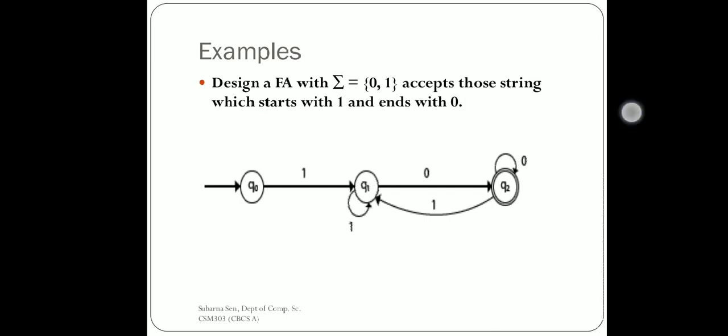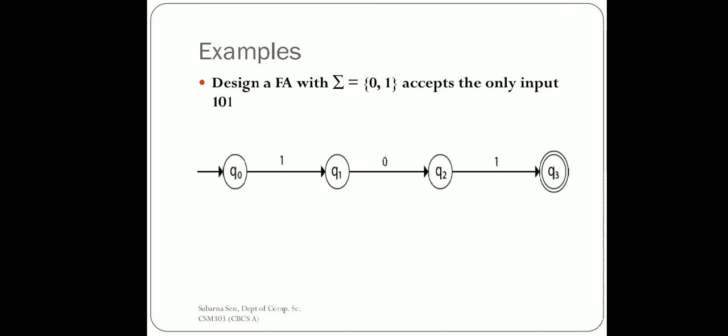One more example. Here it is going to accept only the input 1 0 1. So it is very easy to understand, and again you can incorporate one state called a dead state. You can mark it as Q4 or anything other than Q0, Q1, Q2 and Q3. Since we have not marked the transition for 0 at Q0, 1 at Q1, 0 at Q2, and for both zeros and ones at Q3, you can move all the unmarked transitions to the dead state.